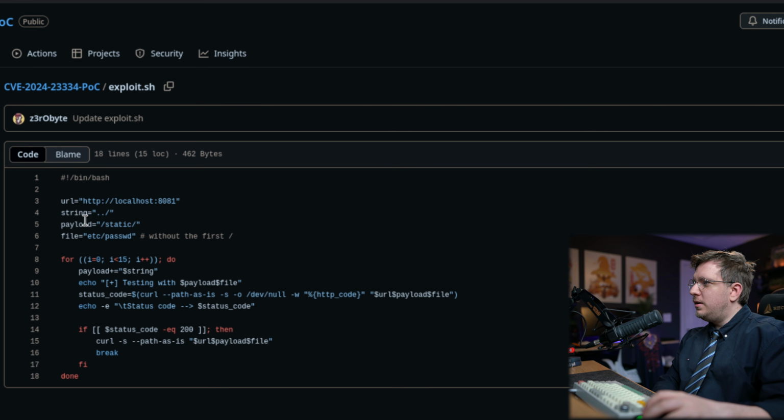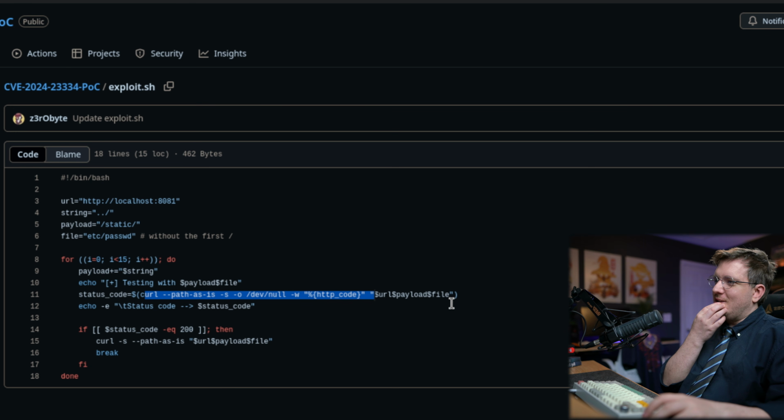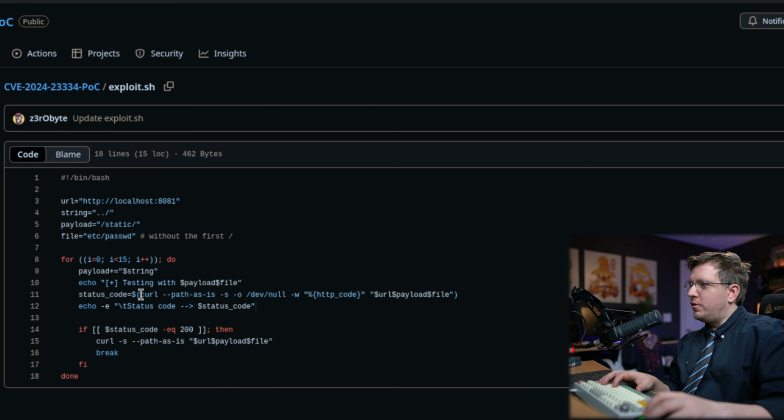So this one, okay, it's setting some parameters. It's curling. This one is curling it as an HTTP code. Interesting. All right, curl path as is, so to dev. Okay. So let's go ahead and try that. Let's see if we can curl it, and let's see if we can access like the etc/passwd or something